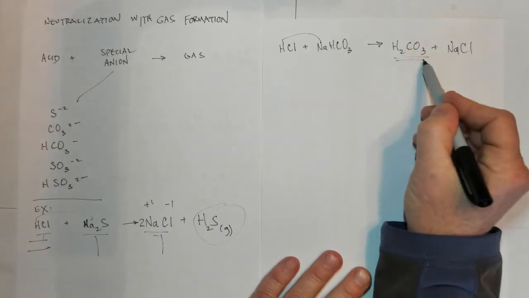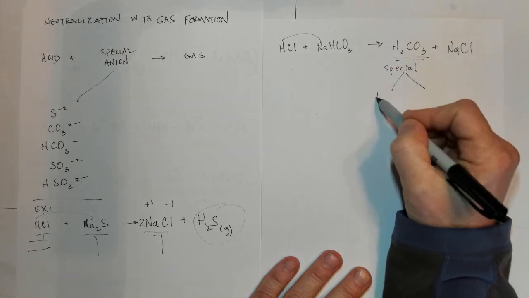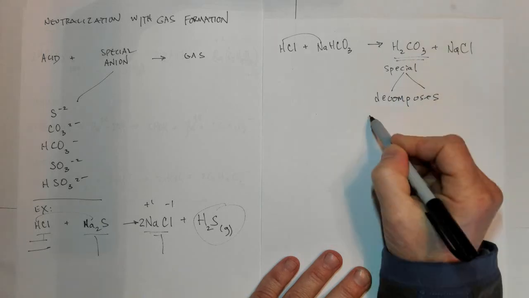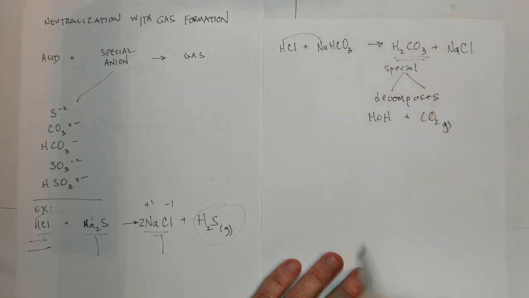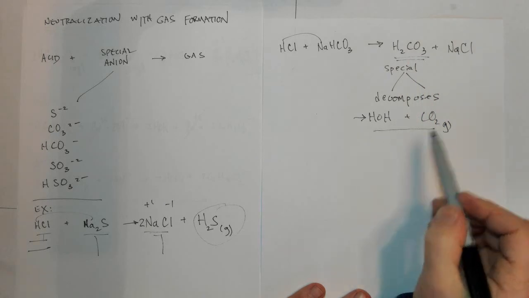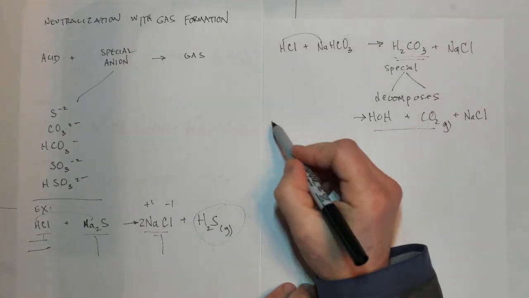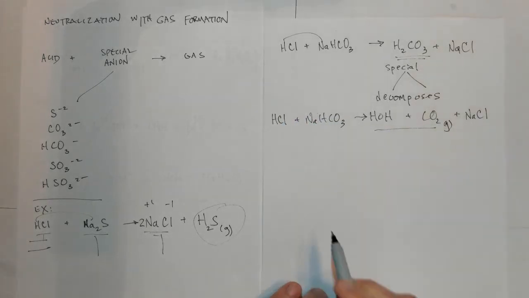And this right here is very special because this formation of H2CO3 decomposes. And it decomposes immediately when it forms into water and CO2 gas. And so when you write the net ionic or just the regular molecular formula, you technically never write H2CO3, you only write these two species because it's a special gas-forming reaction. And so if I wrote the complete molecular equation, it should be HCl plus NaHCO3 forms water, carbon dioxide gas,